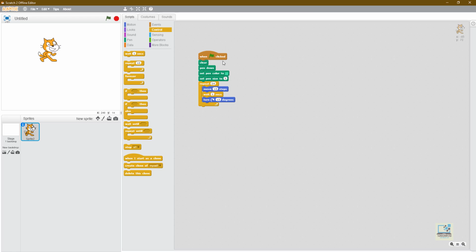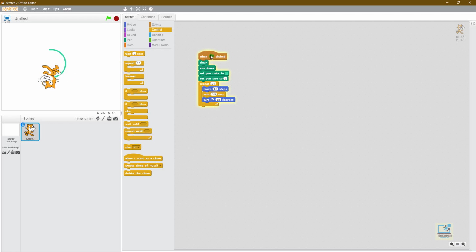Now if I run this program, it should draw a complete circle, but it is moving very slowly, right? So we can remove the wait 1 second so that it draws the circle faster. Okay. Now if you want to increase the size of the circle, then you can do one thing. Instead of writing move 10, you can make it move 15 or move 20 maybe, and I will be writing 0.5 second. Okay, and I'll make it 15 maybe, so the circle will be bigger.